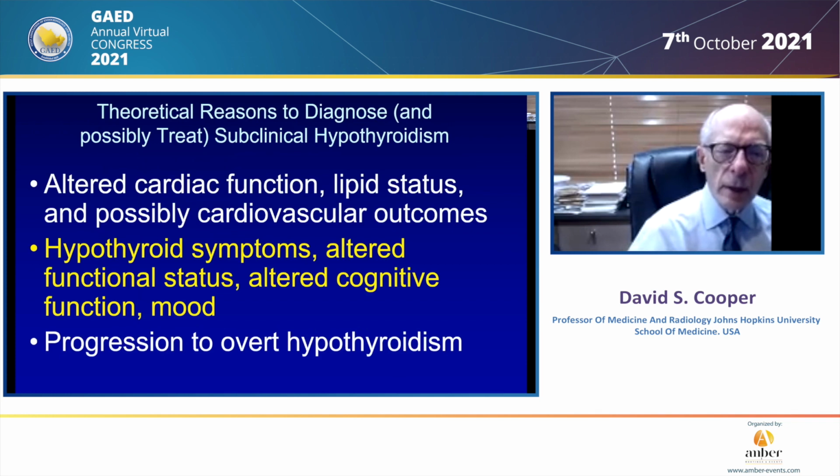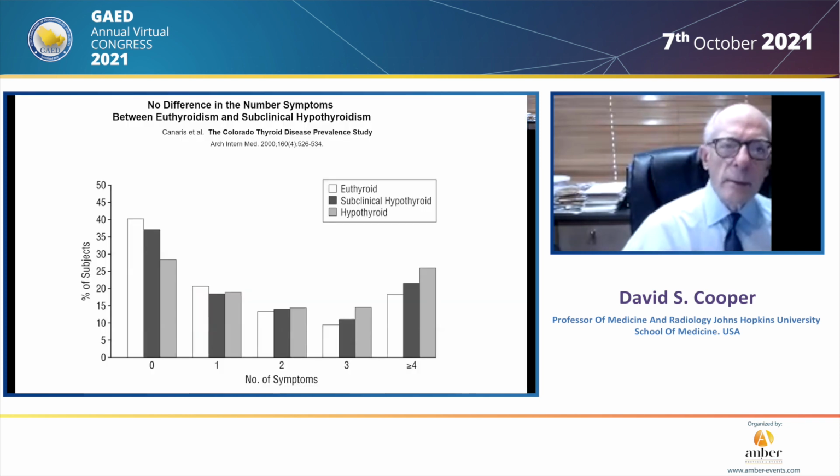Now let's move on to talk about hypothyroid symptoms and other issues like that in terms of cognitive function, et cetera. This is a study looking at symptoms, looking at a group of healthy individuals who are either euthyroid, subclinically hypothyroid, or hypothyroid, looking at the number of symptoms. And you can see here that there's really no difference among these groups, except people that are overtly hypothyroid may have more than 4 typical symptoms,